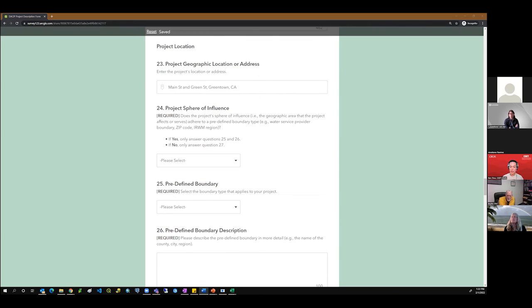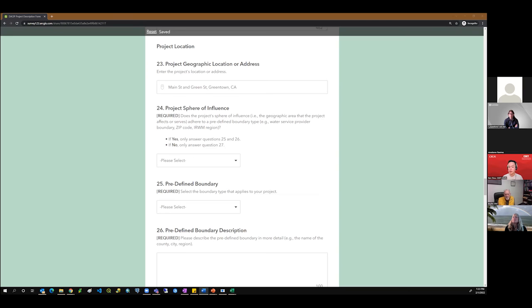So the next few questions can be a little confusing, but the information is important as it will be used to generate data about your proposed project, such as the median household income of the households that are served by your project, as well as using this information to identify any local issues or concerns that have been mentioned by community members. And those types of information will be used in the project evaluation and selection process. So it's important to try to get this project sphere of influence as right as you can.